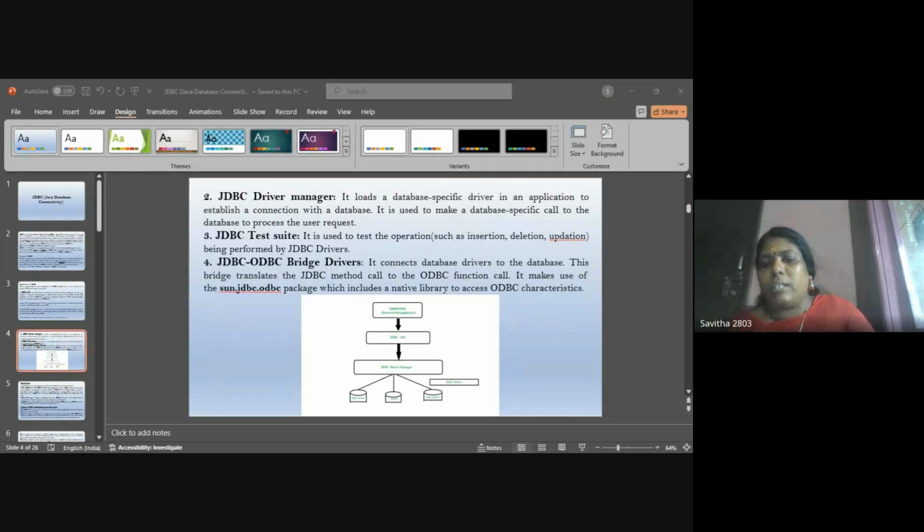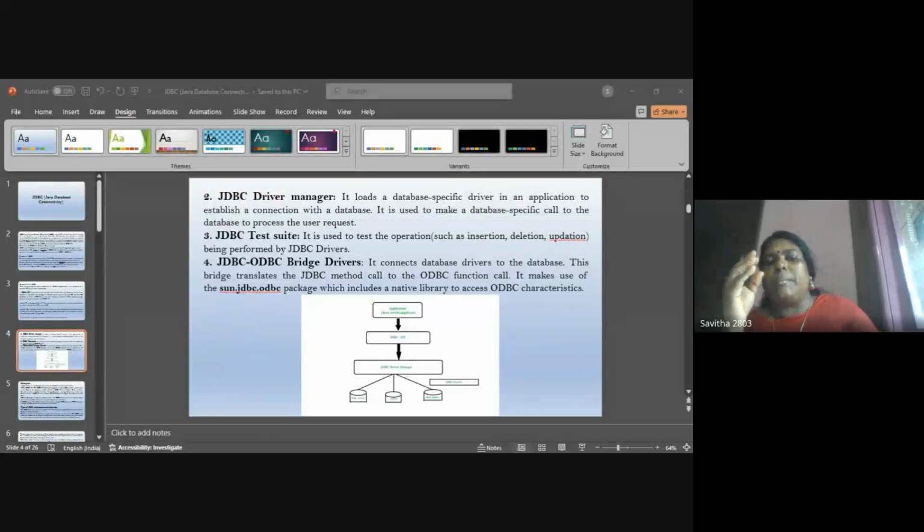We can implement query mechanisms, select something from the databases, meaning display something from the databases, or insert something into the databases by using the JDBC driver only. So this is the entire theory portion of Java database connectivity and its components.